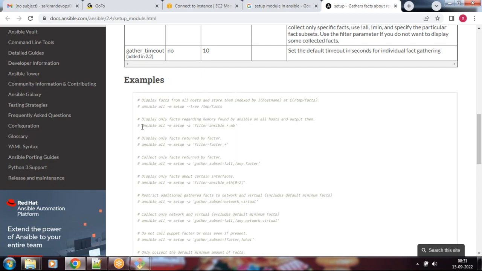You can take these examples. Let's say for example we take this and check the memory. What is this? Display only facts regarding memory found by Ansible on all hosts. The meaning is, I want to know how many memories and what types of memories are on the remote server, so execute the following command. Ansible all means any servers, all the servers, and -m is the module, pointing to the setup module,